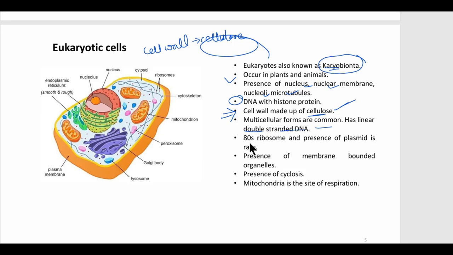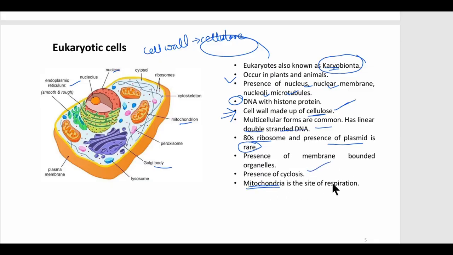with the histone protein. It has 80S type of ribosome, and the presence of plasmid is rare in case of eukaryotic cell, which is common in case of prokaryotic cell. There is the presence of membrane-bounded organelles like mitochondria, Golgi bodies, nucleus, endoplasmic reticulum, etc. Likewise, there is the presence of cyclosis, that is the movement of cytoplasm,